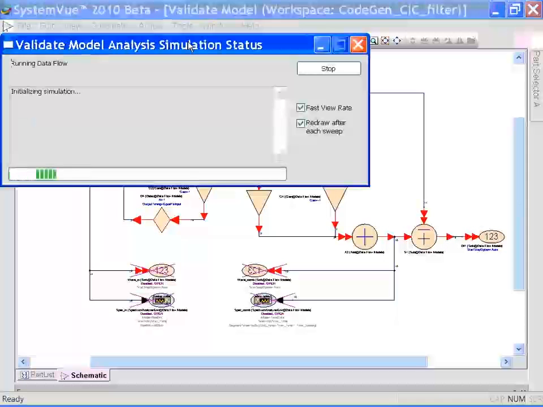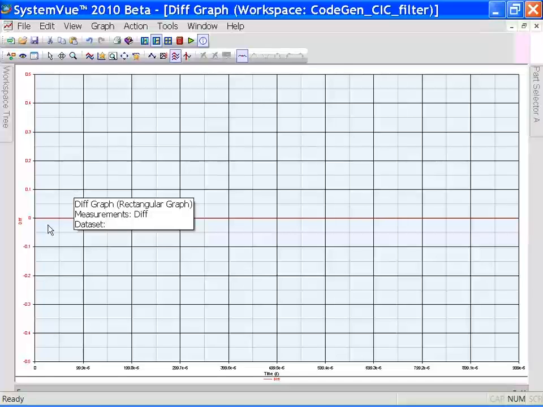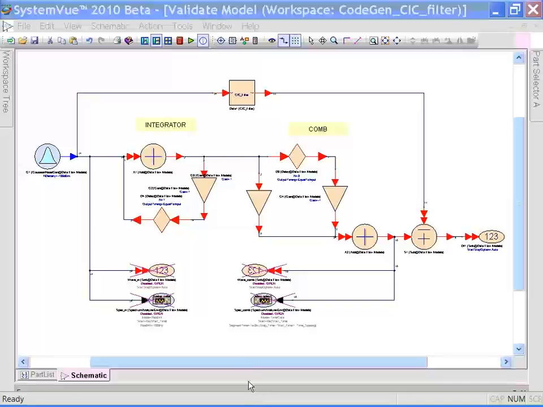So if I just hit simulate, go to my workspace tree, and open up the new graph, we can see that the output is in fact 0, which means the new subnetwork model is exactly the same as the original design. I can now use that same top-level design for validating my subnetwork to target the new subnetwork to the C++